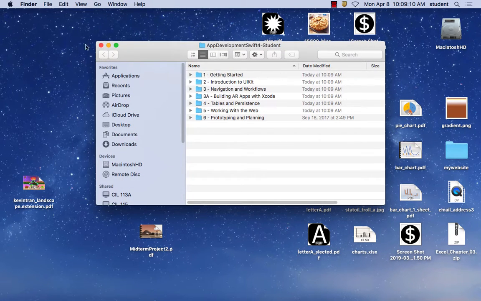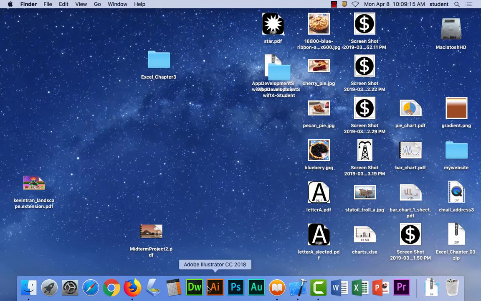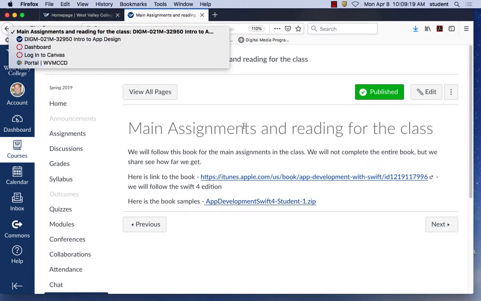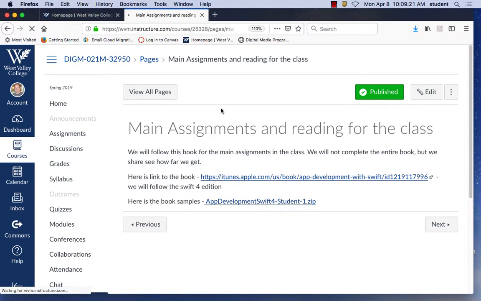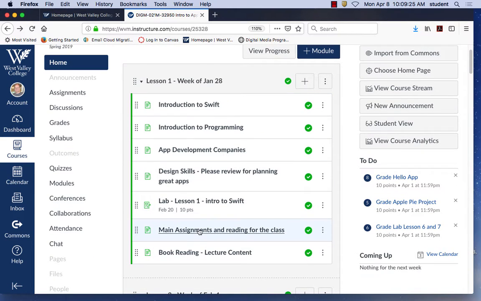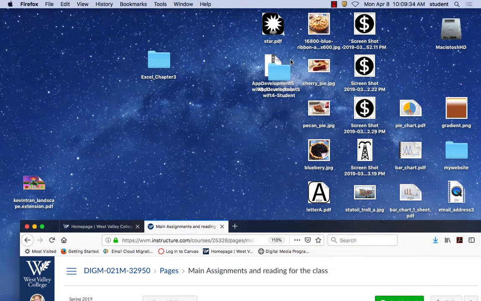Yeah, it is that one. So if you want the files, they're here. The ones that I'm using are under lesson 1, where it says main assignment and reading for class. And you can download the book right here. Here's the book samples right here. Download that, and then inside of that folder,